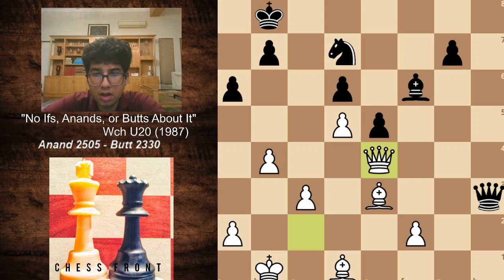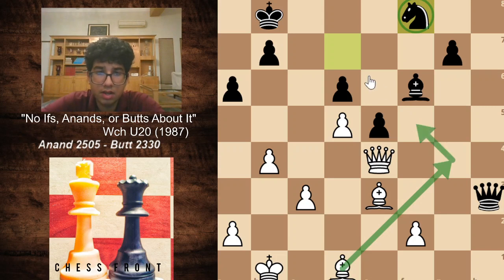But here maybe queen f1 could have been played, which is a very interesting concept. The king is forced to come out, and after which black does have some chances. But over here, what this does is it puts the knight on a very passive square, and maybe something after this and this knight is completely blocked out for the rest of the game. So although he did come out of the tactical flaws in his position, positionally, he is worse after this move.